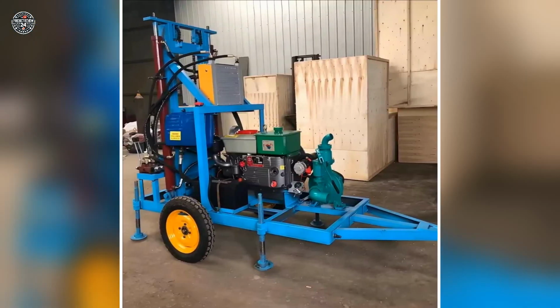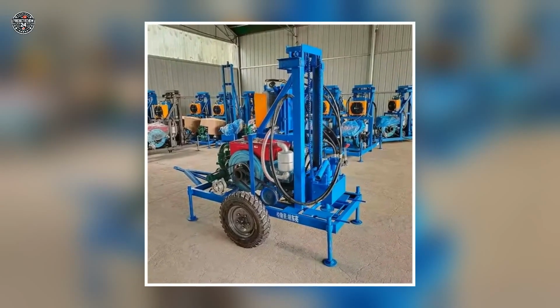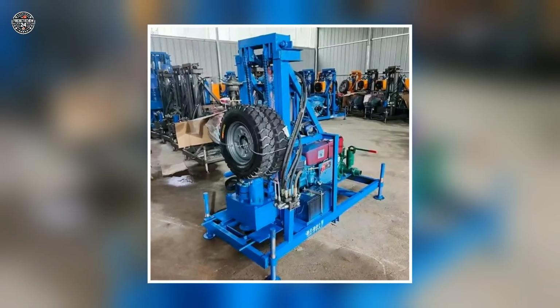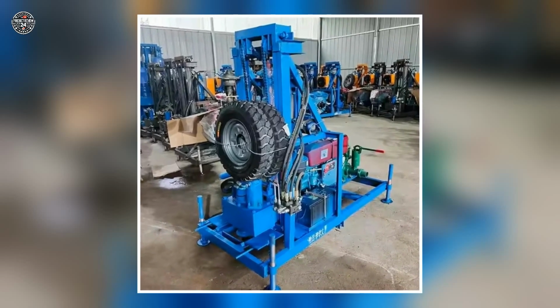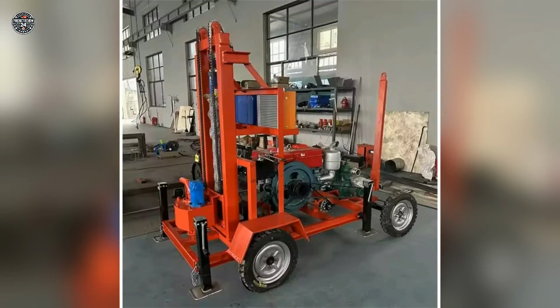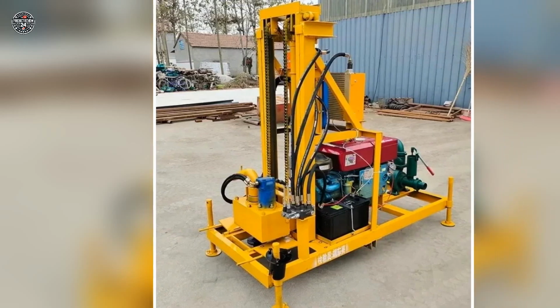Looking for powerful, portable drilling without breaking the bank? This factory price mobile water well drilling rig is your perfect partner for mining, construction, or energy work in remote areas. Equipped with a 6-blade PDC drill bit and powered by diesel, this trailer-mounted rig handles hard rock drilling with